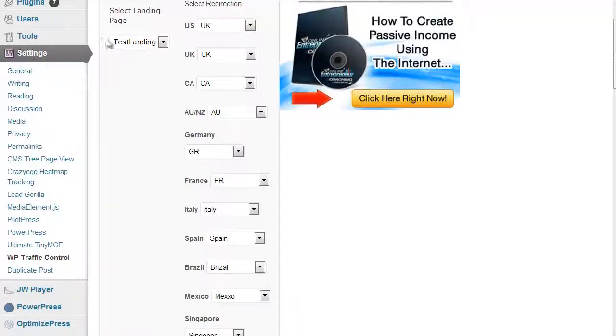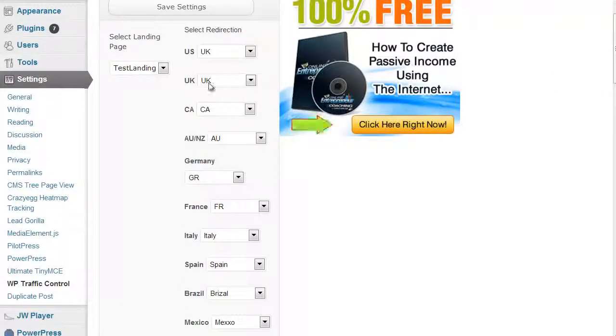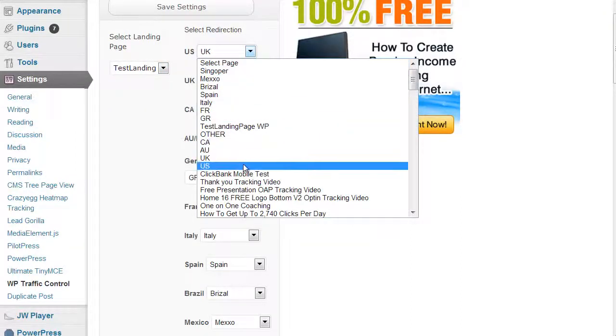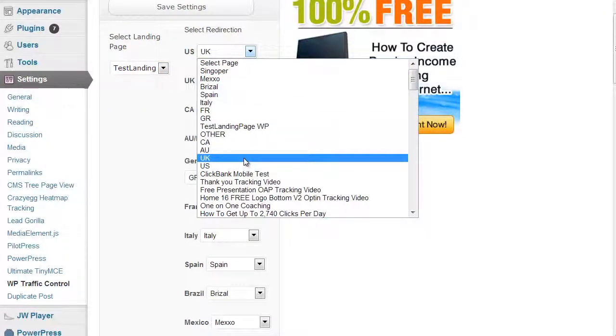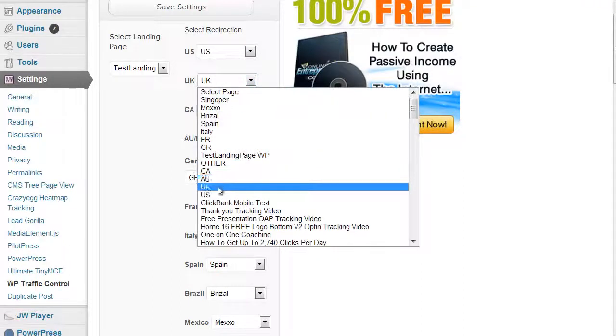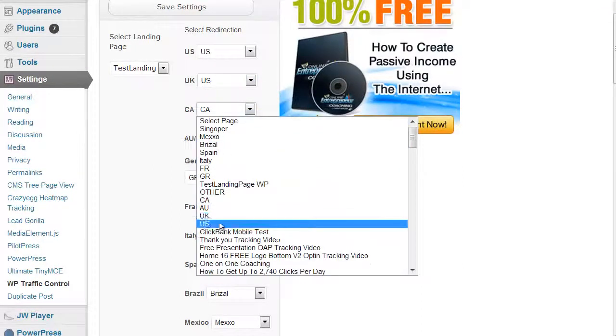Now, how about if all this traffic came and hit this test landing page, but there was a slight modification? Instead of them actually landing on the page, that test landing page would basically sense it super fast and do a redirect. It will redirect them to a different page, which is the landing page. I could have made it any landing page, and it would redirect them to the page that would be appropriate. In this case, it could be the US page, it could be the UK page. And you may say, well, Charles, all these people I want to group together. So it's easy enough. You just put them all right here.